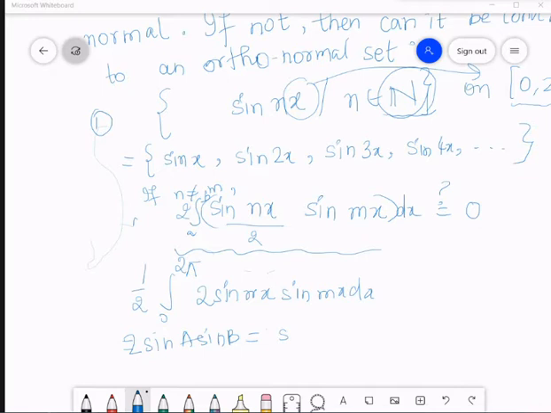Rohan, I couldn't get you. I guess you have said it correctly. Just repeat it. Very good, very good. I guess somebody else also said the same expression at the same time. Okay, so what is the formula? It is cos of A minus B minus cos of A plus B. This is the formula. Now we'll simplify it using this one.